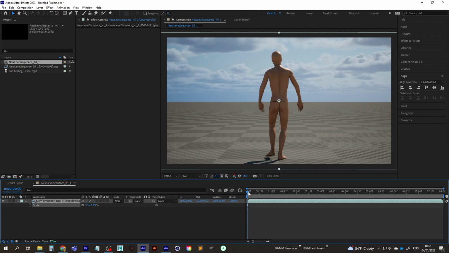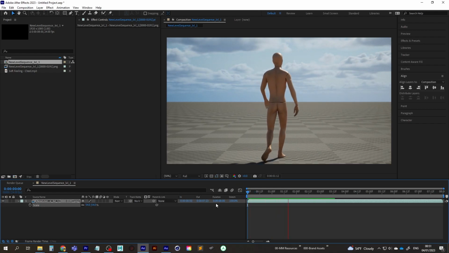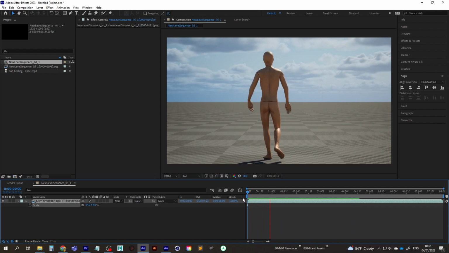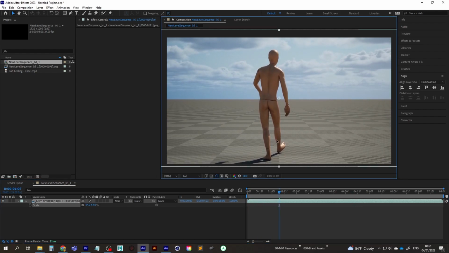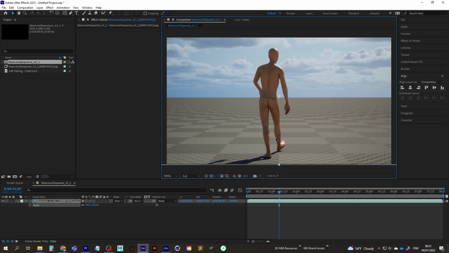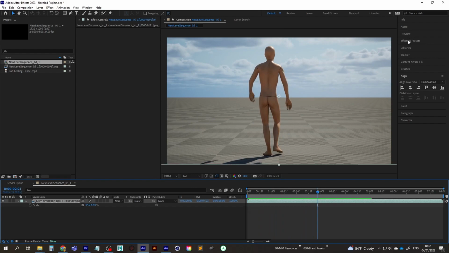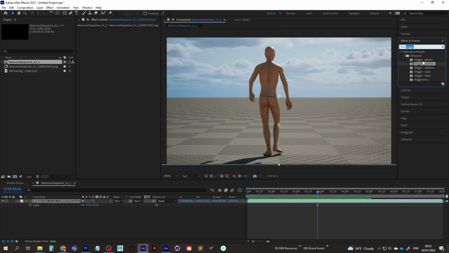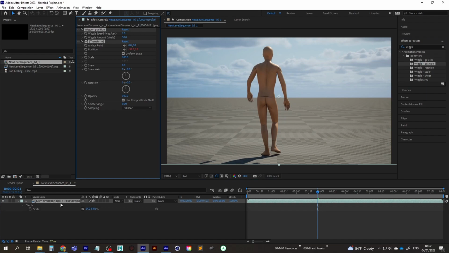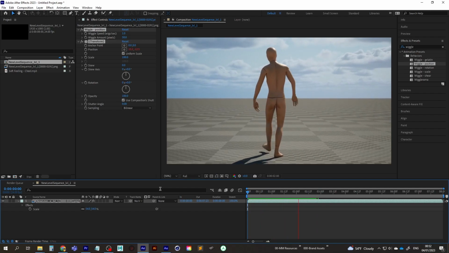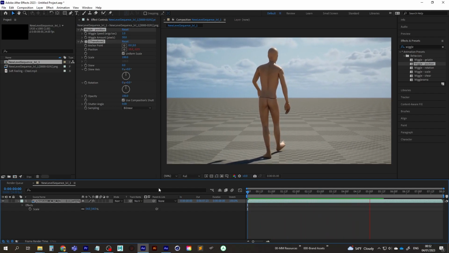And we're going to be able to add a bit of wiggle. So let's just load some of this into RAM first of all. So we'll push it up a bit. Something like that. And let's go to our effects and presets, search for wiggle. With the layer selected that you want to apply it to, double click, it'll automatically apply to it. And now we have a nice camera shake effect going on, which really adds to it. It looks nice.